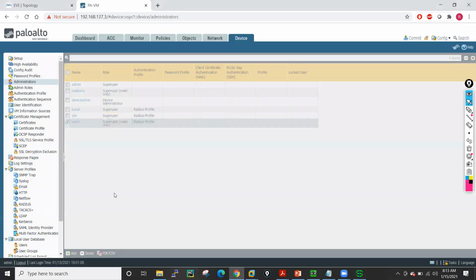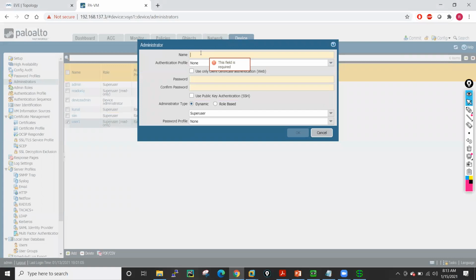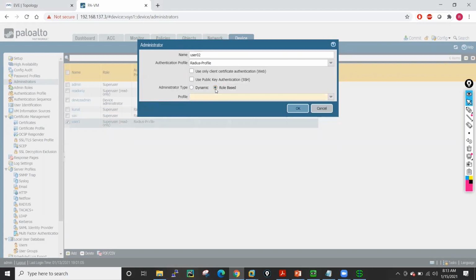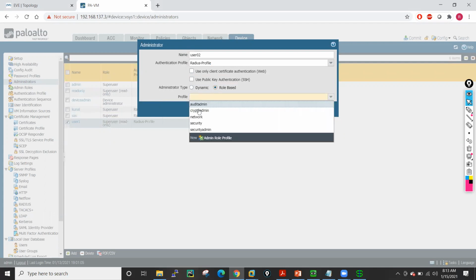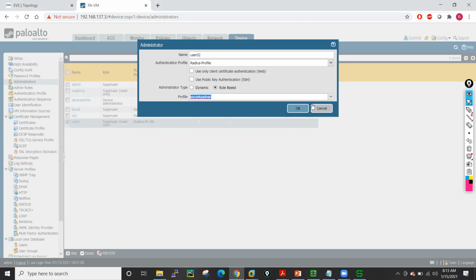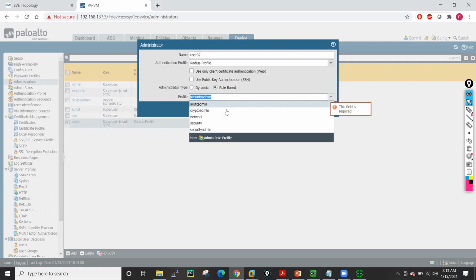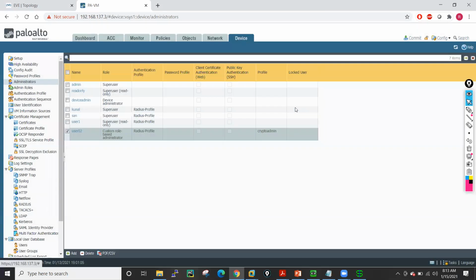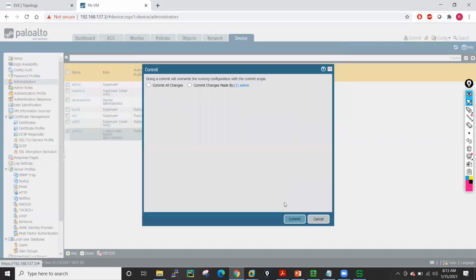Let me add user 2 as well. Whatever credentials we set in RADIUS for them, we have to use those credentials. Let me give him role-based access. I will make him a security admin. Or let me just make him crypto admin, so he is only able to access the VPN-related settings. Let me commit my changes.